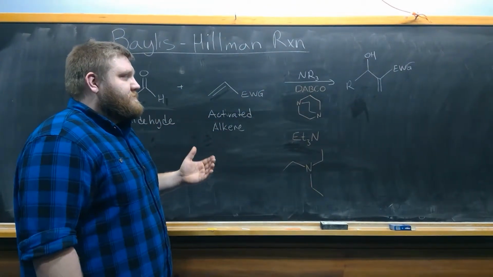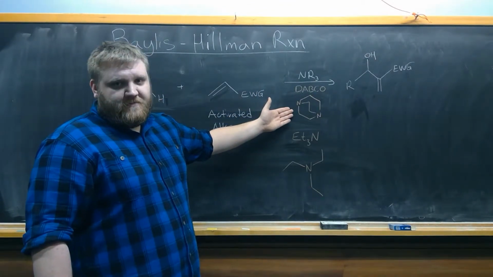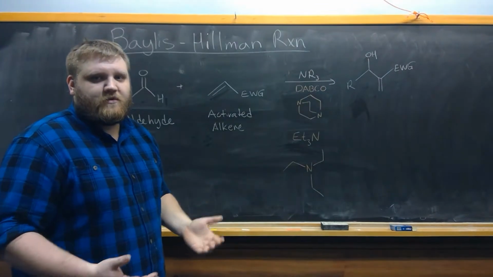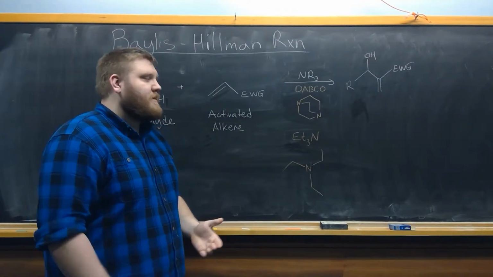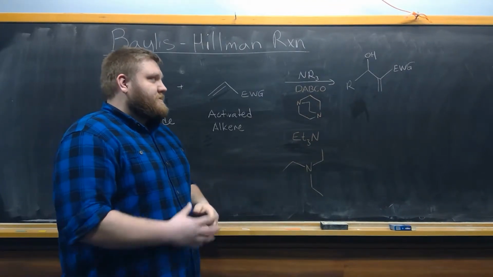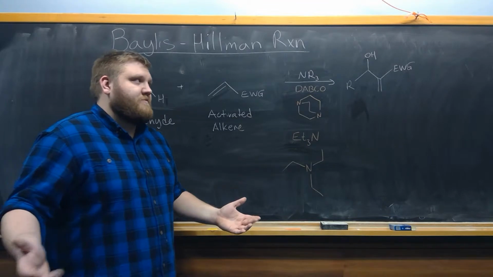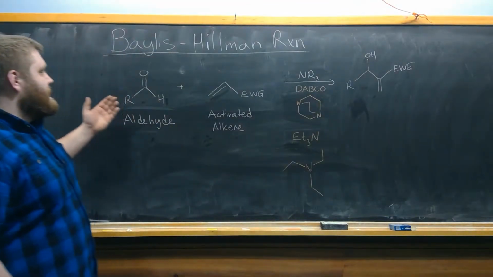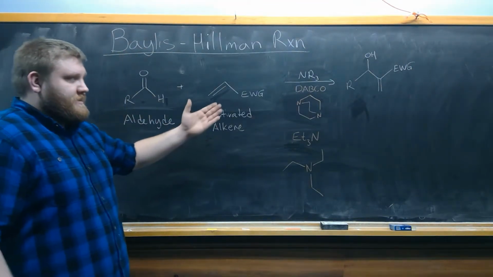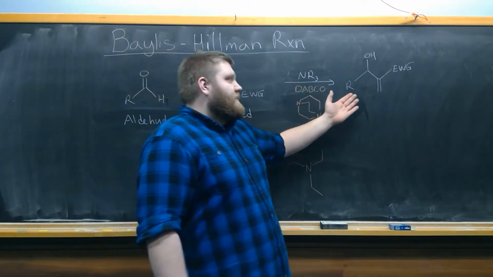A couple of examples, one that's come up in the literature is DABCO, which is this structure. And for an orgo 1, orgo 2 equivalent that we would have seen before, Et3N or triethylamine, which is this structure, is something that we could put in as our undergrad-level equivalent for something we've seen before. So when you take your aldehyde and activated alkene and treat it with your tertiary amine, you get this product